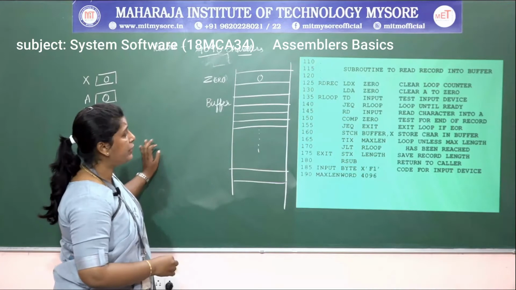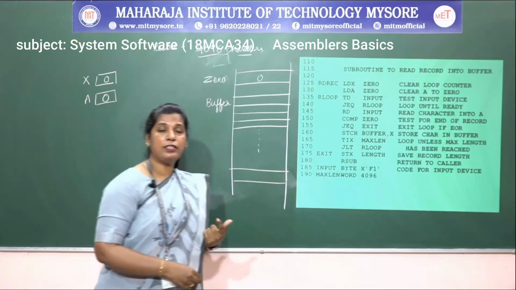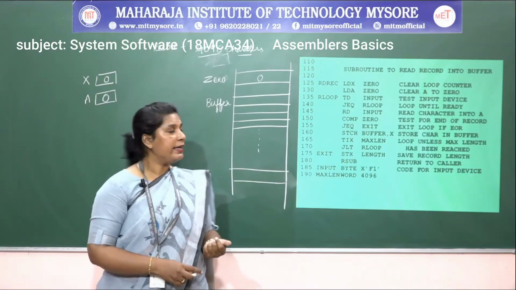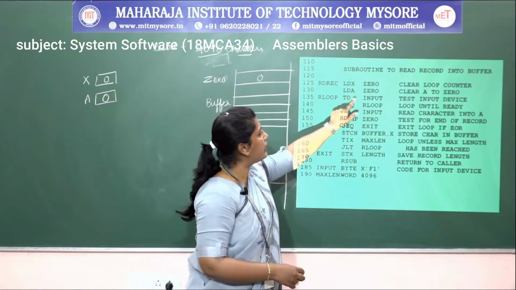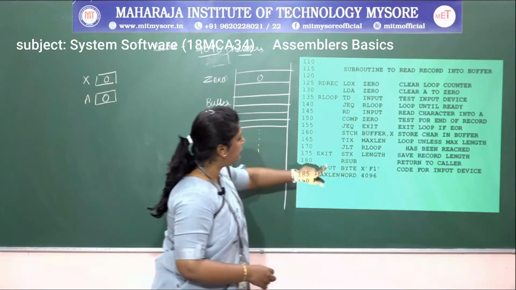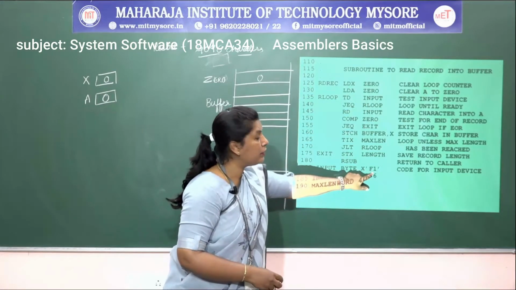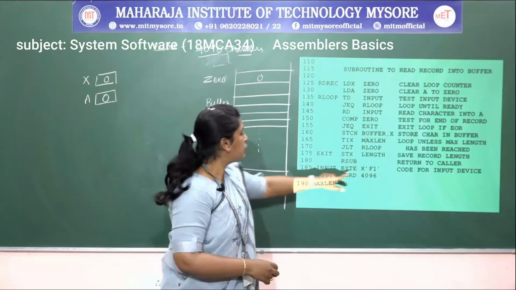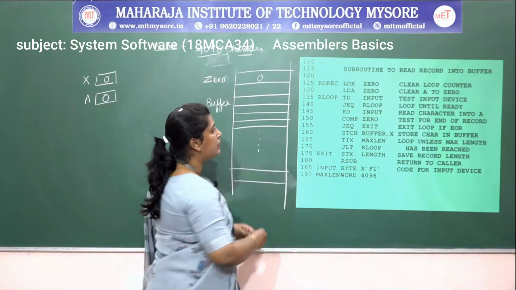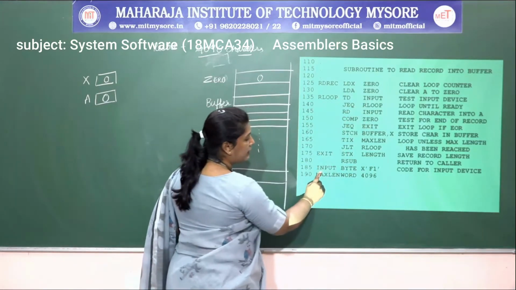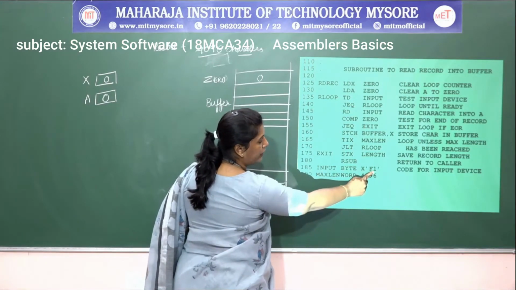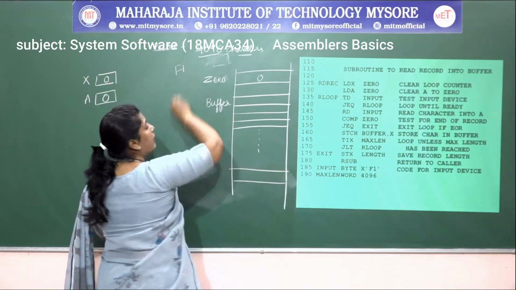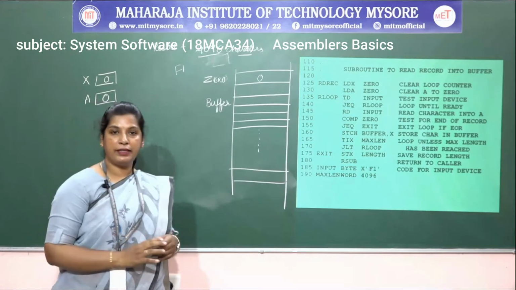After that, before reading, I want to test the device. I already explained how the TD instruction is executed. I am going to test that input device. What is the input device? I am giving the input device name as hexadecimal character F1. F1 is the input device name or number. So I am going to test the device of input, the input device identifier F1, to check whether it is ready to transfer the data or not.